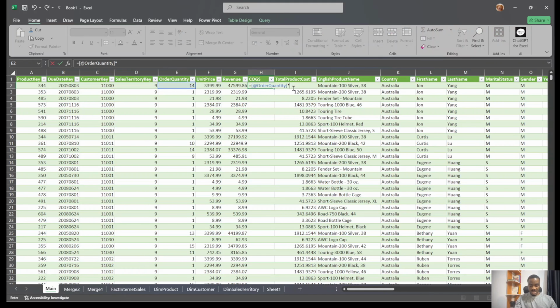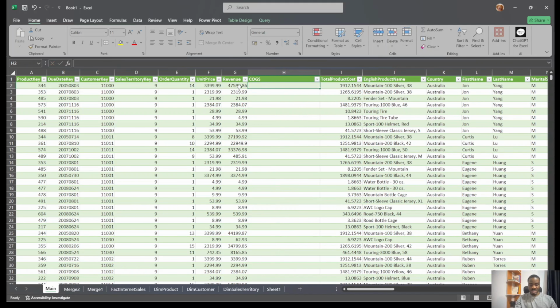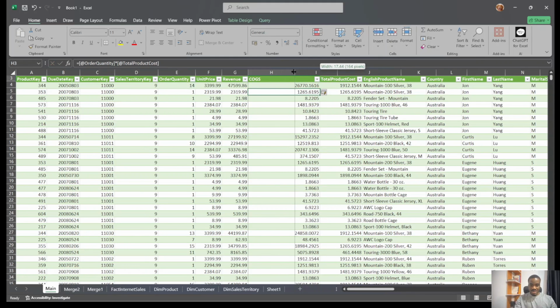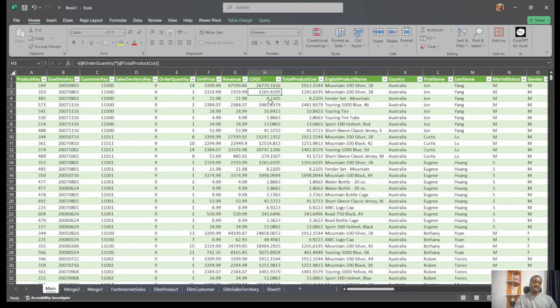Oh, it is covering that particular column, so let's give enough space here so it won't cover the column again. So equal sign, order quantity multiplied by the total product cost here, then press enter. So this is our COGS and this is our revenue, so since we know our revenue and our COGS now,